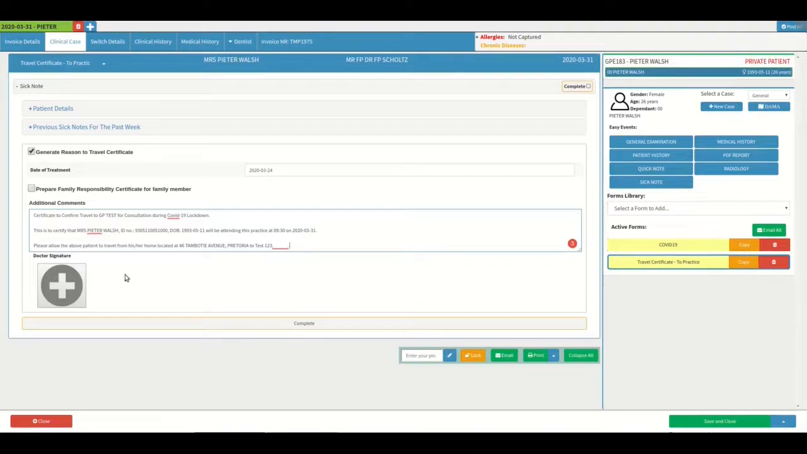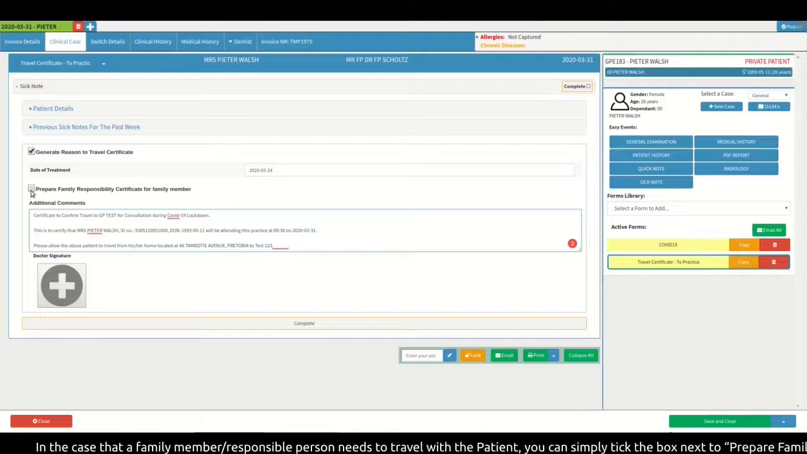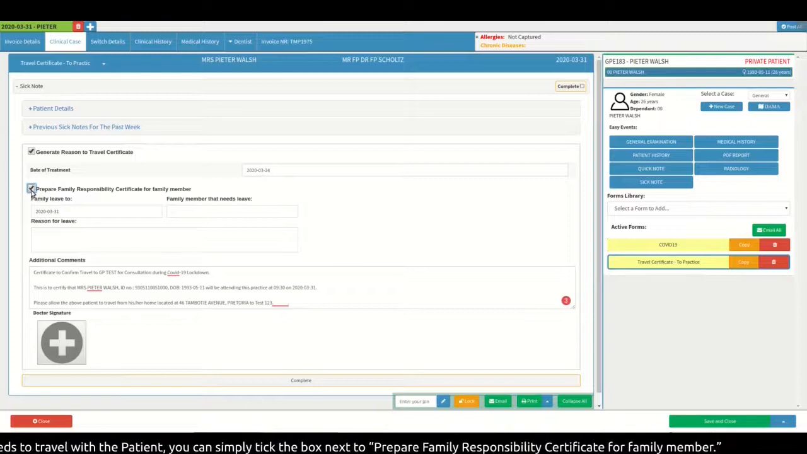be replaced manually. In the case that a family member or responsible person needs to travel with the patient, you can simply tick the box next to Prepare Family Responsibility Certificate for family member. After the box has been ticked, extra fields will appear that need to be completed, including the reason for leave